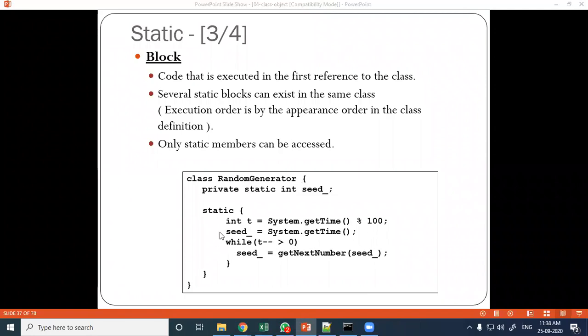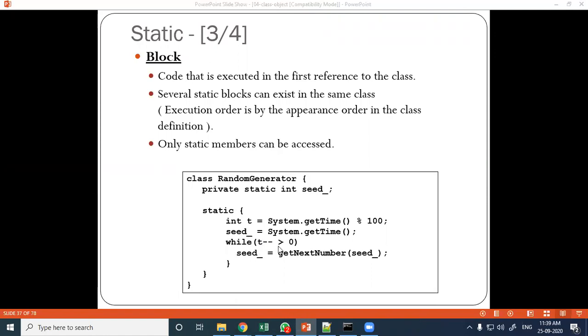Now int t equals System.getTime, it will return the time, percent 100. So it will divide by 100 and that will be set to t. Then seed_ will again be System.getTime, so it will return the value and assign it to seed. So seed is your static member, and it is assigned here.